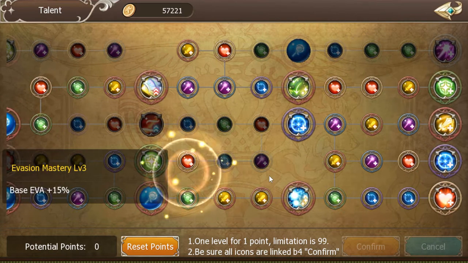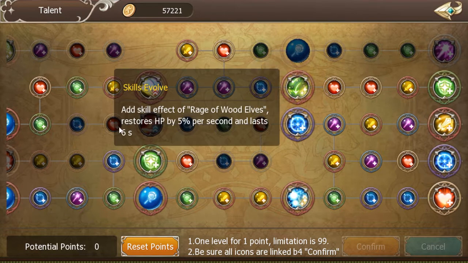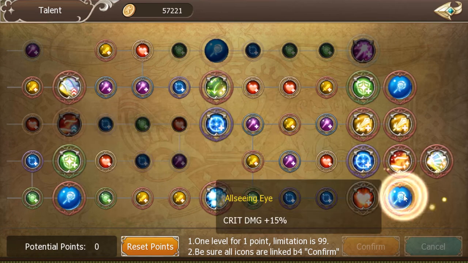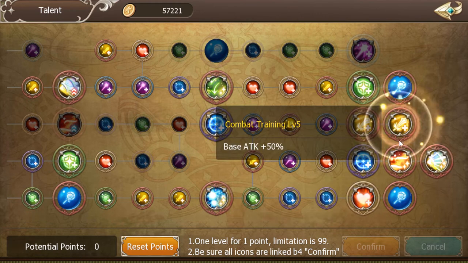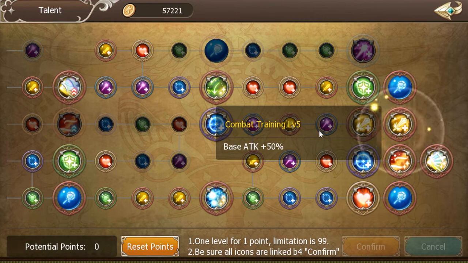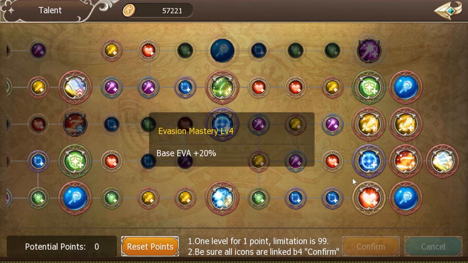For example, Rage of Wood Elves for the Archmage. It restores HP by 5%, and lasts 6%. So that's an added effect to my skill, right? And after I filled up these nodes right here, because they offer like a ton of bonuses, 50%, 50%, 50%, and then I played to the right,